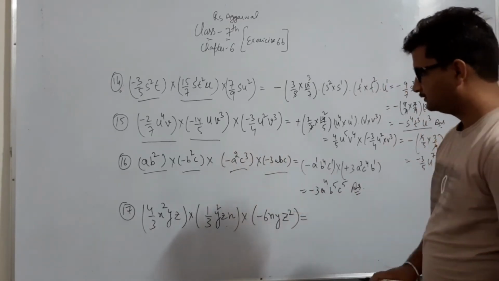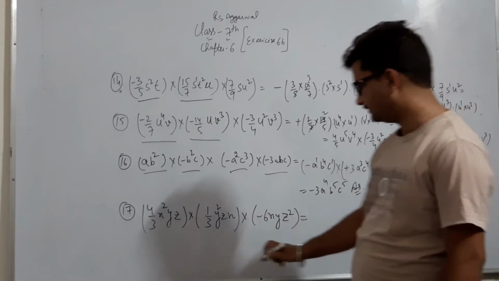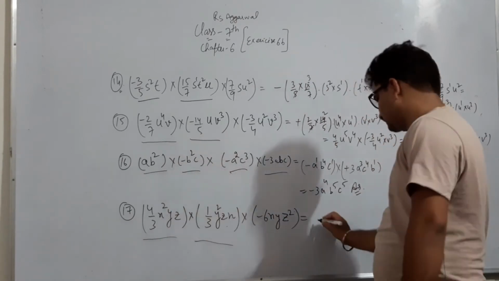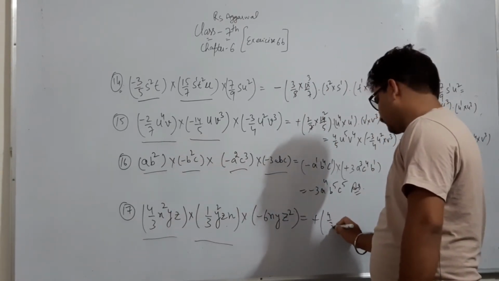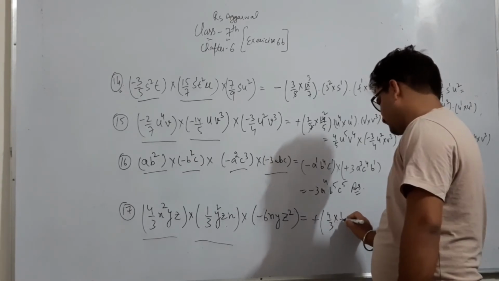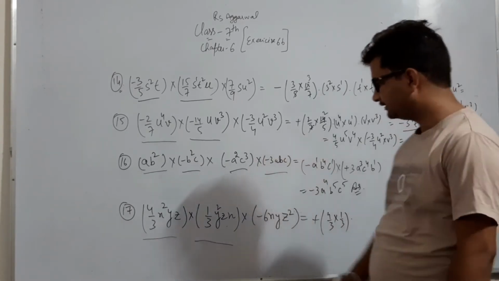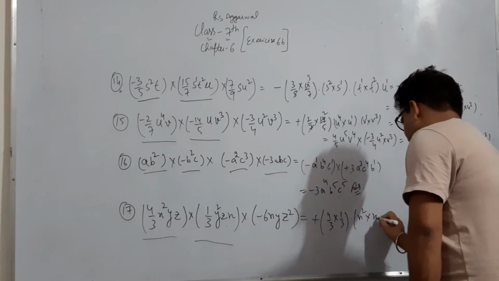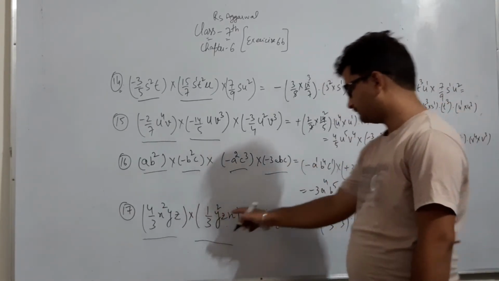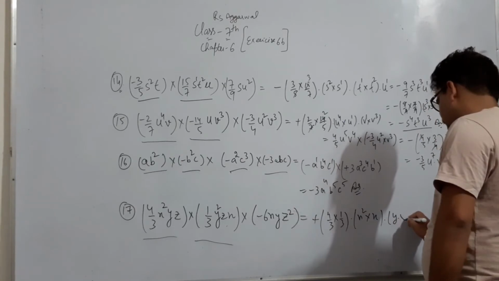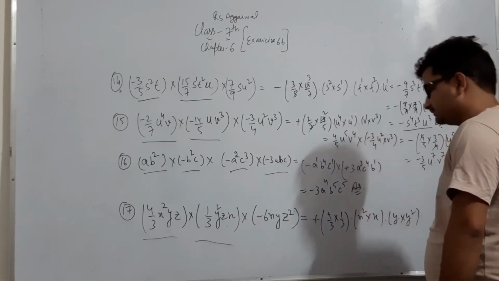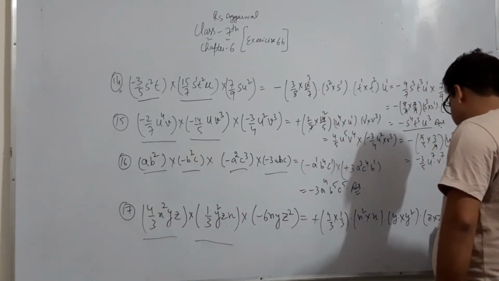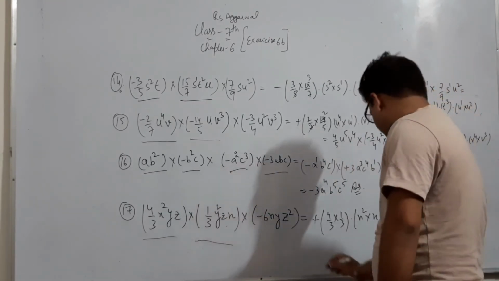नेक्स्ट क्वेश्चन है 17. So in this question, for 3 terms, we multiply first 2. So दोनों पॉजिटिव हैं, तो पॉजिटिव साइन आएगा यहाँ पे, और कांस्टेंट नंबर मल्टीप्लाई करेंगे 4/3 इंटू 1/3. ओके, लाइक टर्म here x स्क्वायर एंड here x raised to power 1, so x स्क्वायर इंटू x मल्टीप्लाई किया. ठीक है, y एंड y स्क्वायर, so we write y इंटू y स्क्वायर. नेक्स्ट कौन सी है यहाँ पे, z raised to power 1 एंड here z raised to power 1, so we multiply z इंटू z.